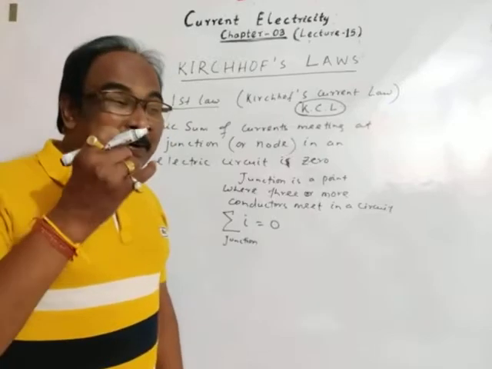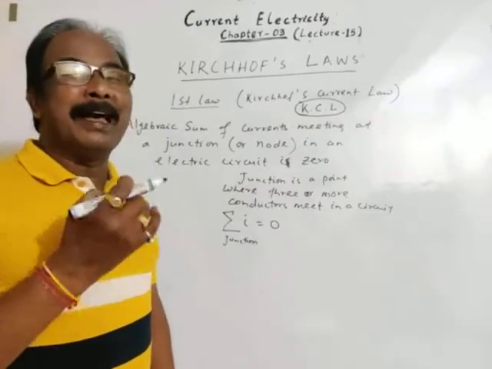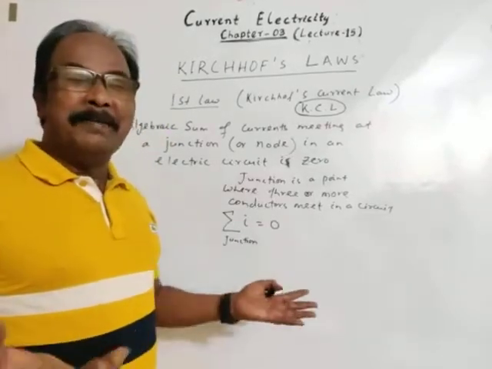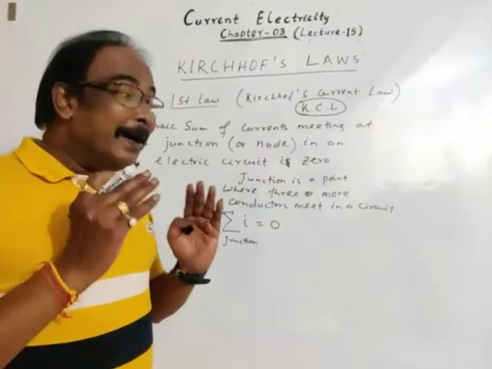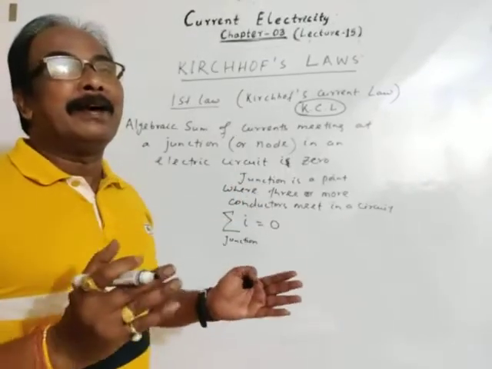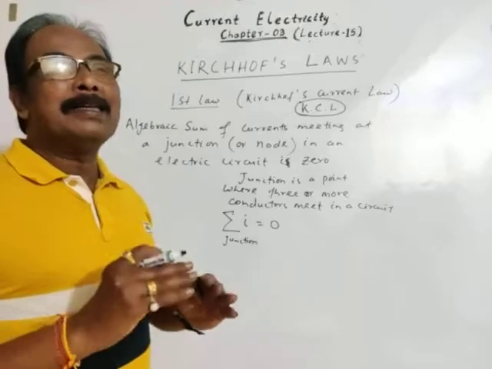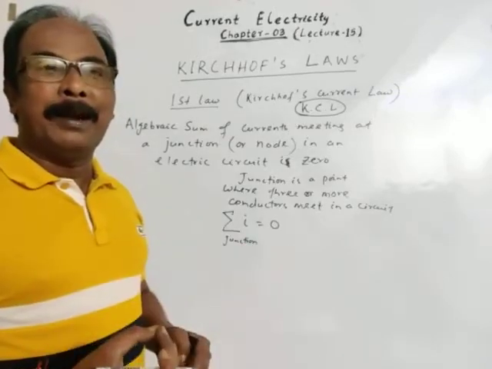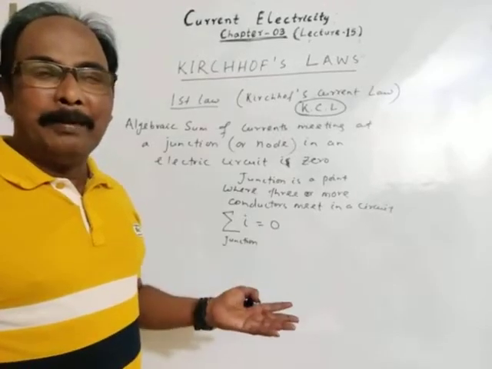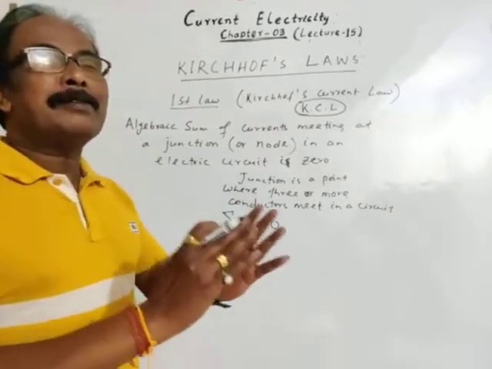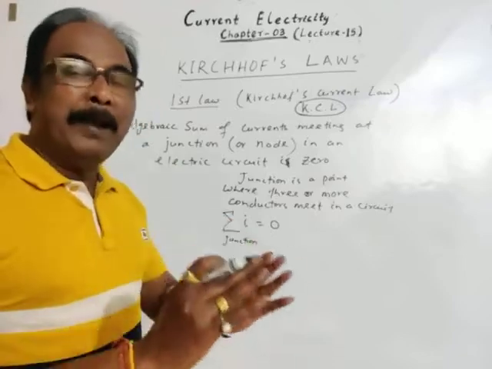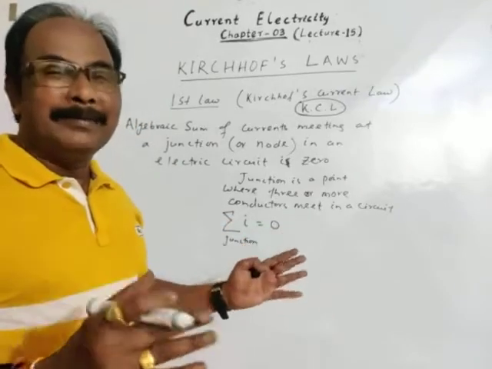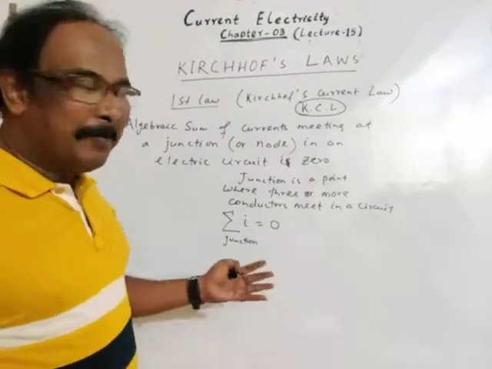Okay, so sum of currents can be calculated algebraically. To find the resulting current, if 2 or 3 currents are meeting at a junction, then the resulting current can be calculated by taking the algebraic sum, meaning addition of currents independent of angle. Algebraic addition is independent of angle.